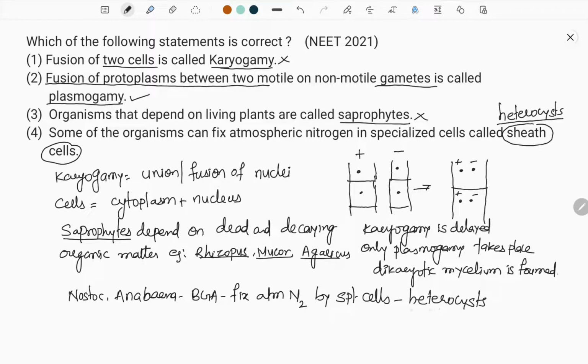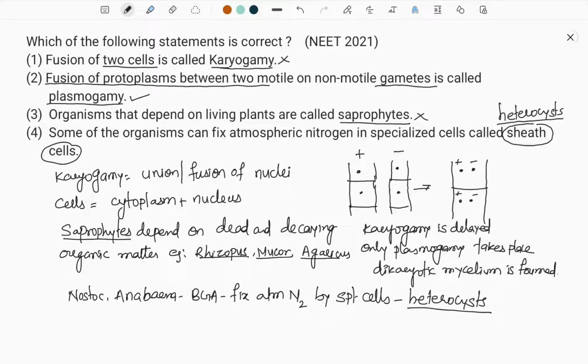So these heterocysts are thick-walled cells, unlike the other cells, and there is one blue-green algae, the Aphanothece, that fixes atmospheric nitrogen without heterocyst, that is called as non-heterocystous blue-green algae. So they are not sheath cells. Sheath cells are actually bundle-sheath cells he mentioned here. Bundle-sheath cells are present in C4 plant, C4 leaves around the vascular bundle, in which the C3 cycle takes place, in bundle-sheath cells. So this type of question we are seeing for the first time in NEET,